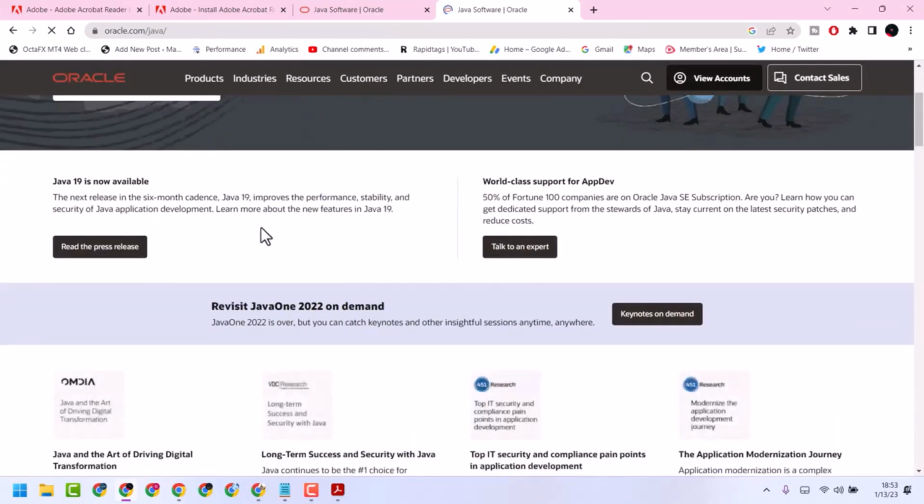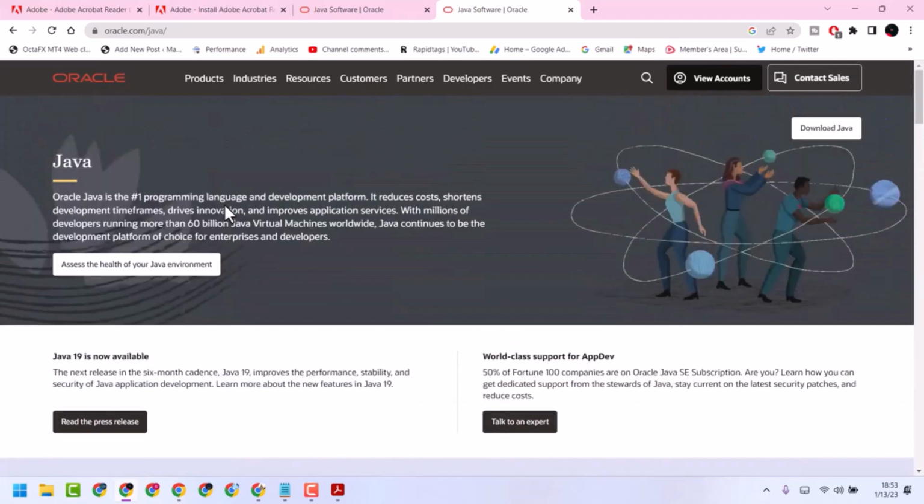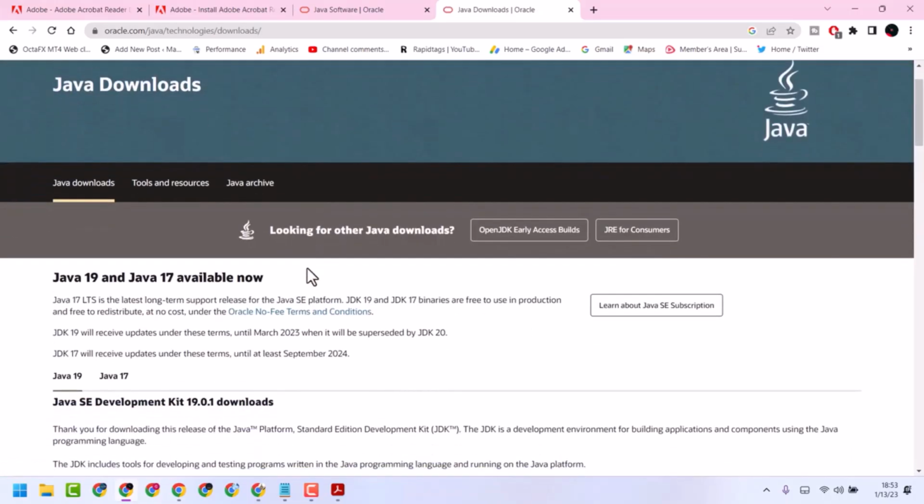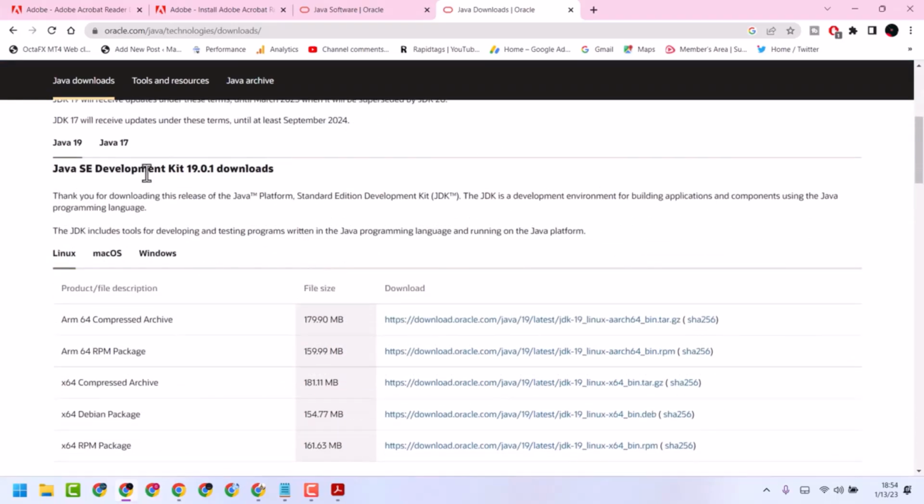Now we can see here Java 19 is now available. So you have to click on this download Java. So you will see this page. You can select 17 or 19. So if you need the latest version, select here 19